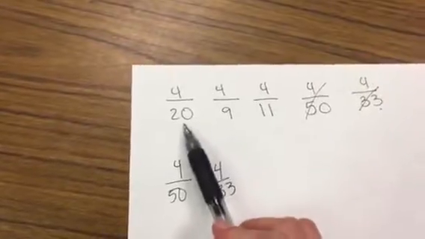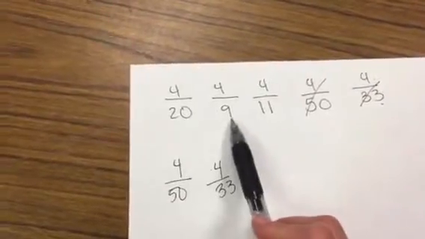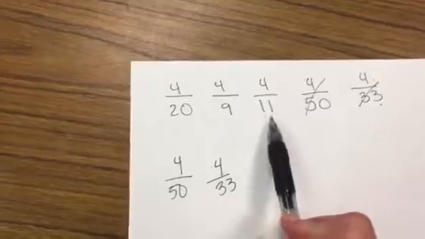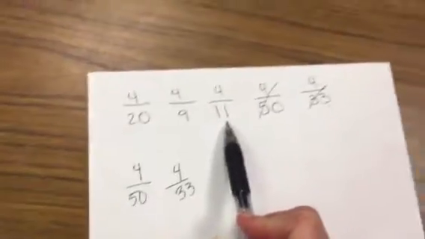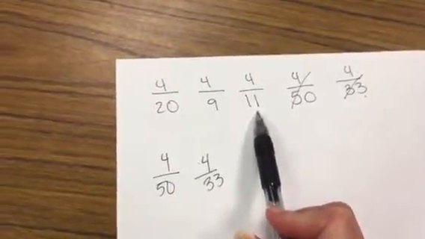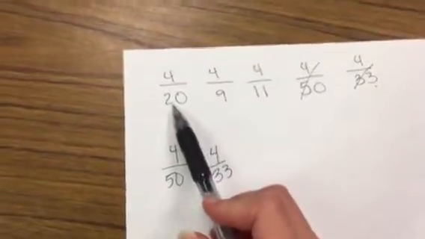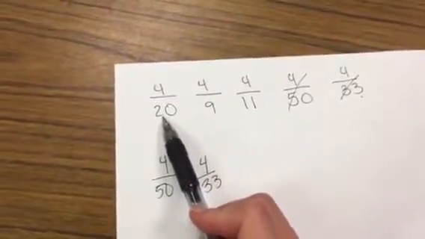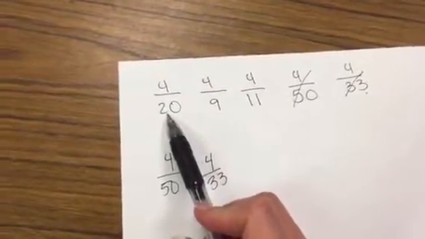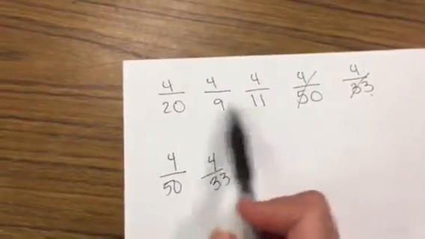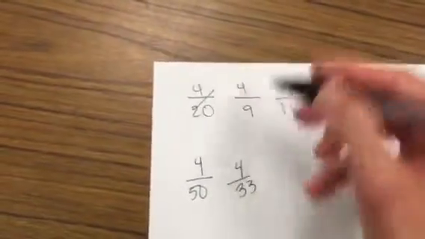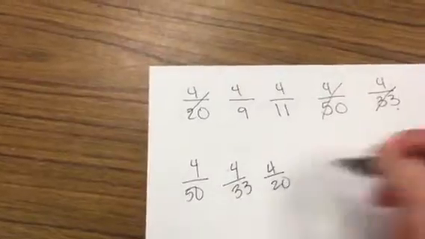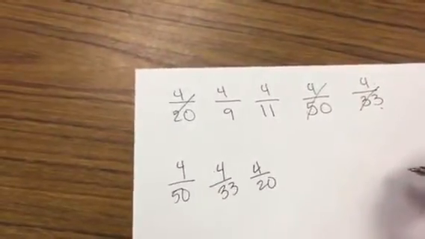So this pan of brownies is cut into 20 pieces, this pan of brownies is cut into 9 pieces, and this pan of brownies is cut into 11 pieces. Of course, the one cut into 20 pieces is going to have smaller pieces because you've got to have more of them. So out of our ones that we have left, 4 20ths